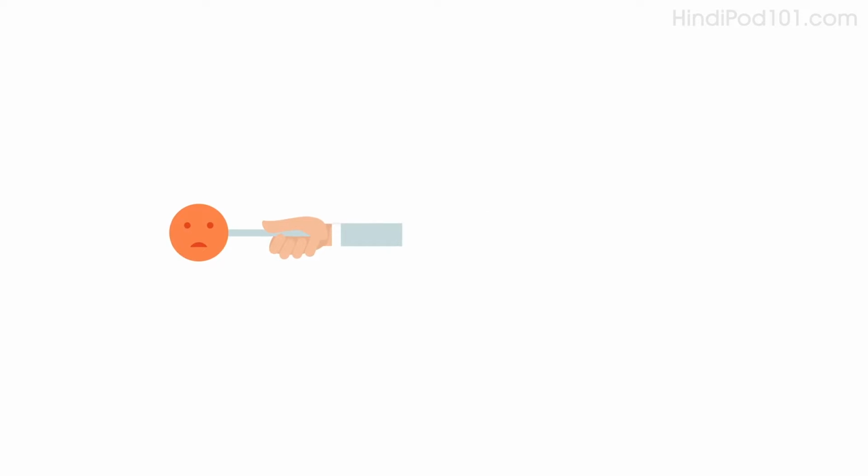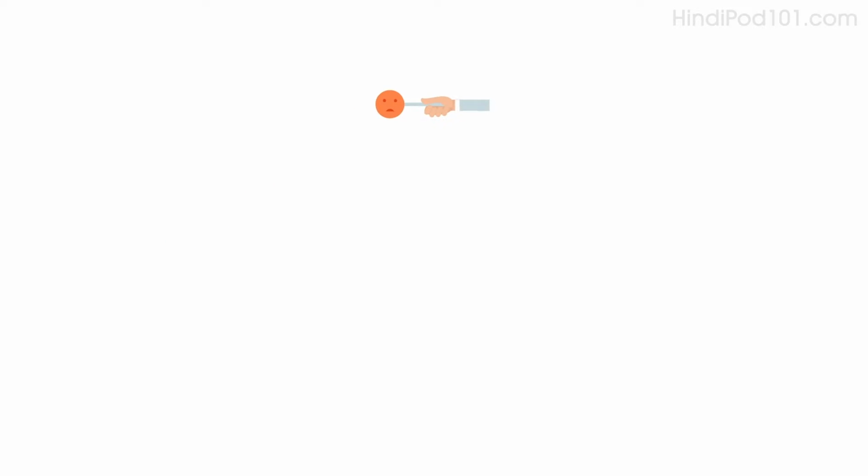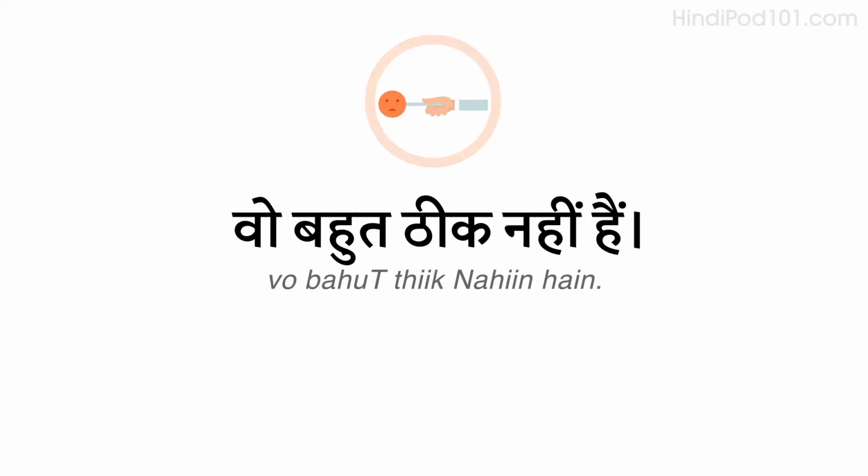Now imagine she's so-so. Do you remember how to say so-so? बहुत ठीक नहीं. Say, she's so-so. वो बहुत ठीक नहीं है। Now, answer the question saying she's so-so. तुम्हारी माँ कैसी है? वो बहुत ठीक नहीं है।